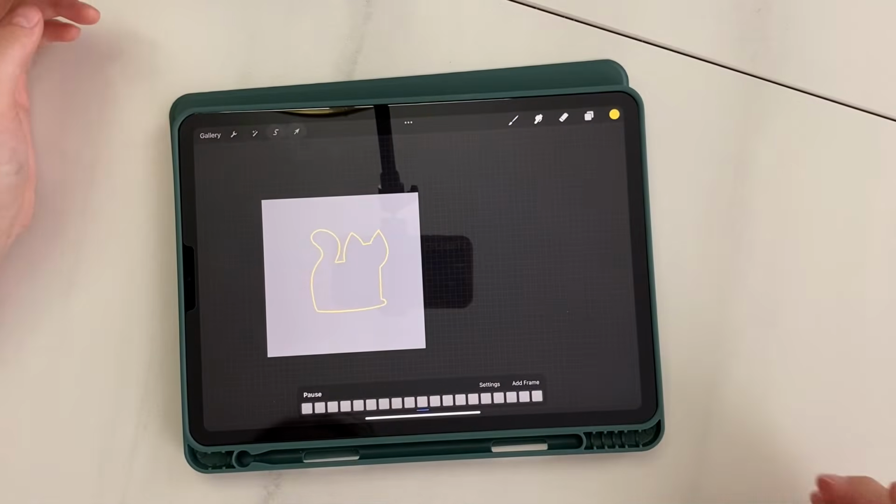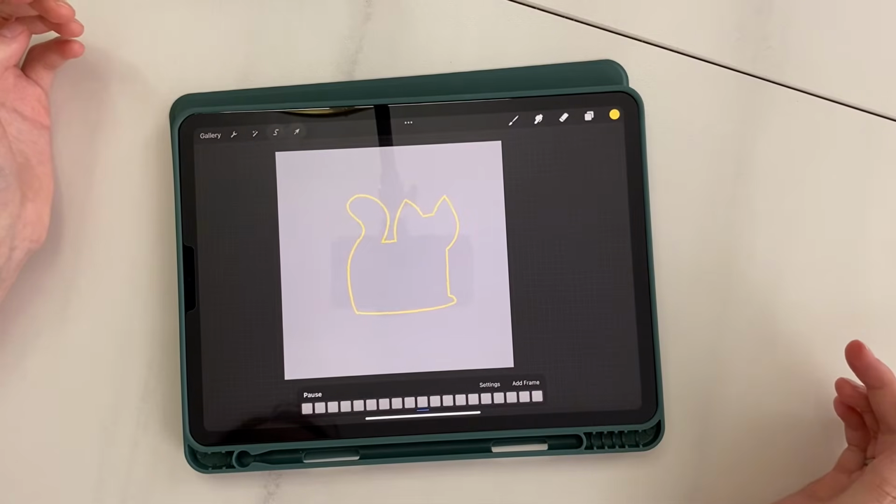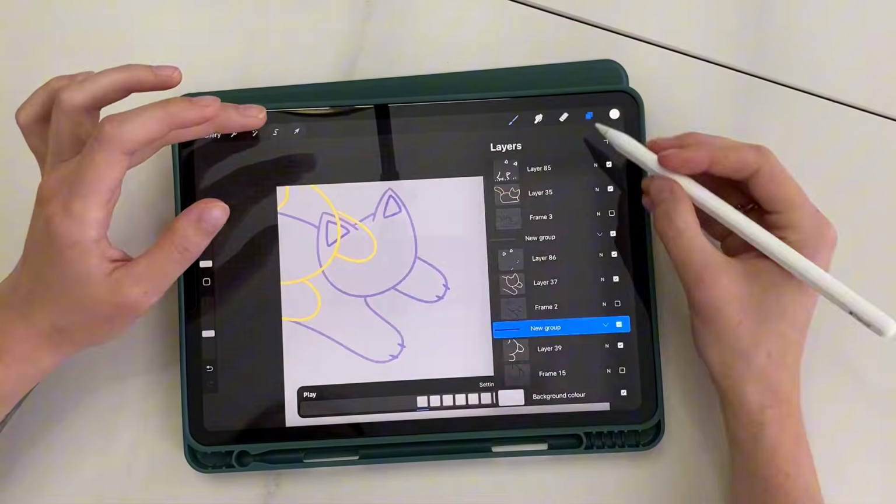Let's watch the preview of the contour. It looks good, don't you think? And now let's continue drawing the white contours. Also on each frame, on new